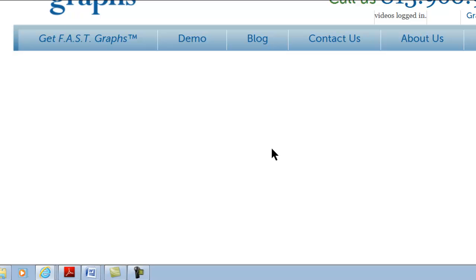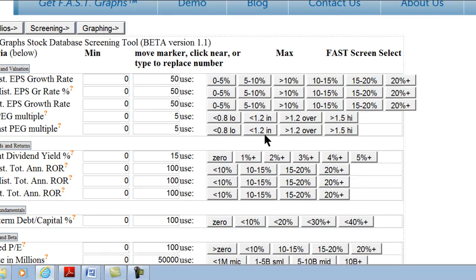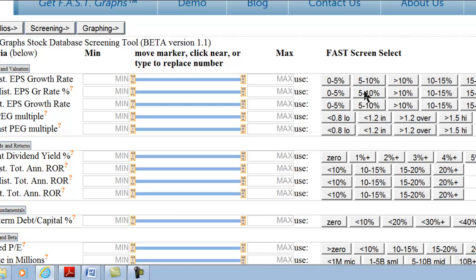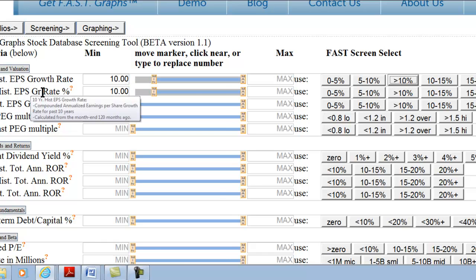When you go into the screening tool here, if I just click this button, say I want to look for 10% 10-year historical growth. I'm sorry, I hit the wrong button. 10% historical growth and 10% 5-year. Now, the reason you want to run these two together when you screen is because we were always trying to